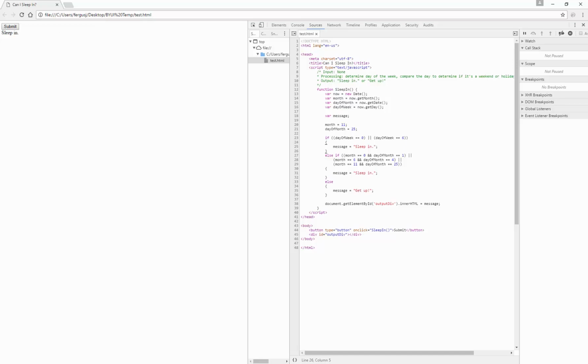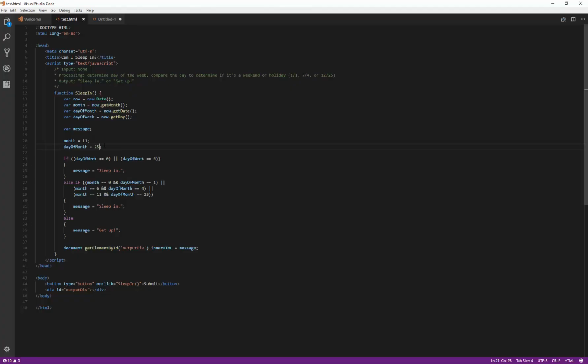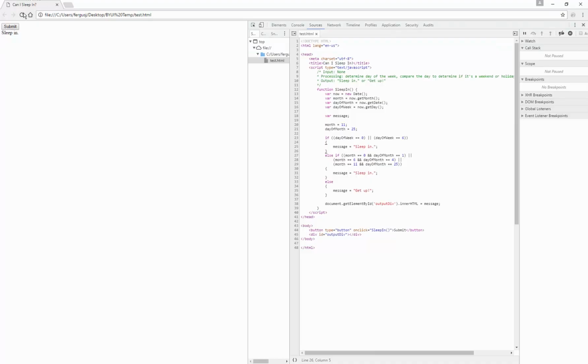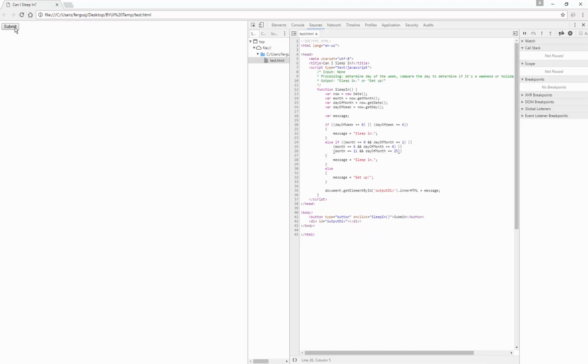Cool. And then let's remove our overrides just to make sure it still works. It should say get up. Save, because you don't want to accidentally submit it with those overrides in. Submit, get up. Okay. Just by way of familiarity with the debugger, I'm going to go ahead and put a breakpoint in so we can see exactly what's going on. So if we hit submit,